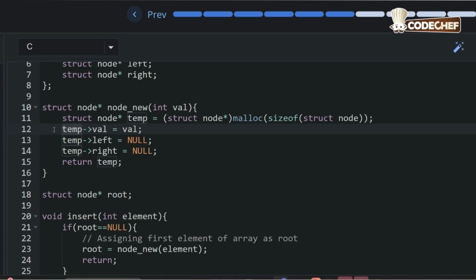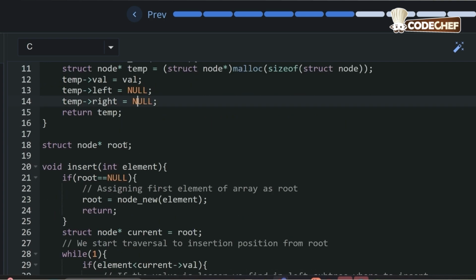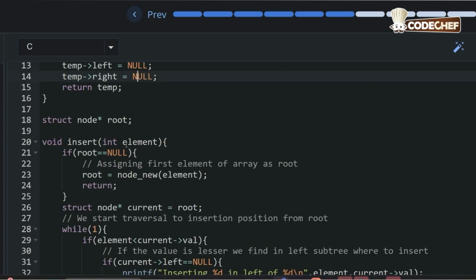Here you can see this assigns the value given to the node, and it initializes the left child as null and the right child as null.